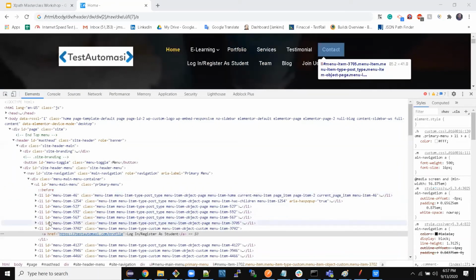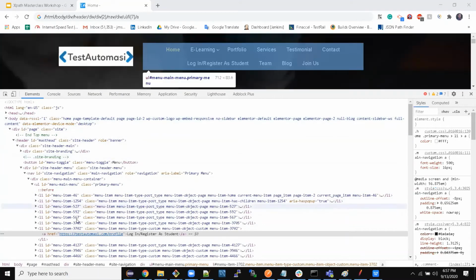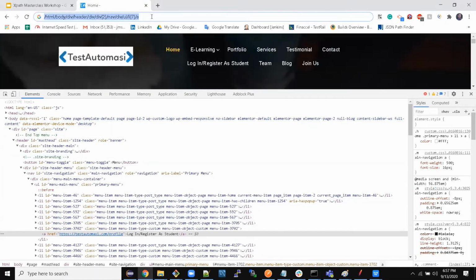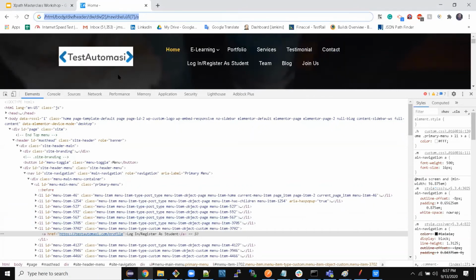If I make any change in any particular node, this XPath will break. Most of the time we are in maintenance, dealing with XPath. So if you don't write an XPath which is efficient for the future, you will face problems in the maintenance period. That's why you don't want to write XPath like this.